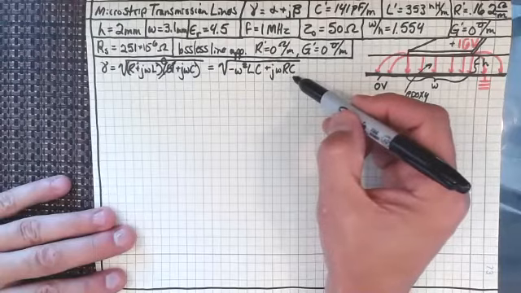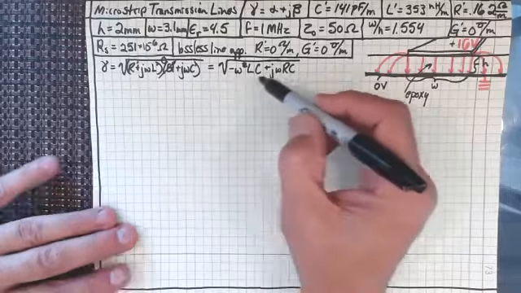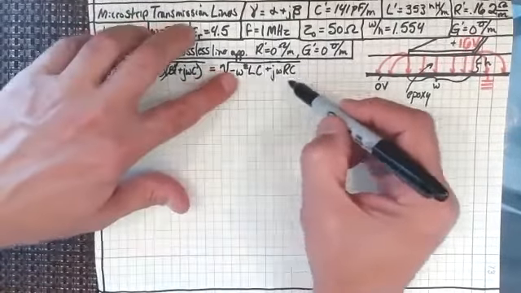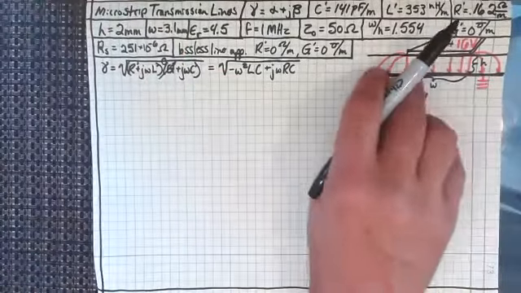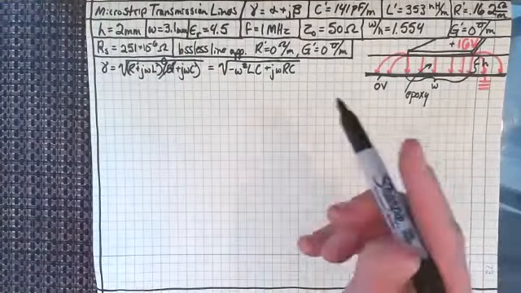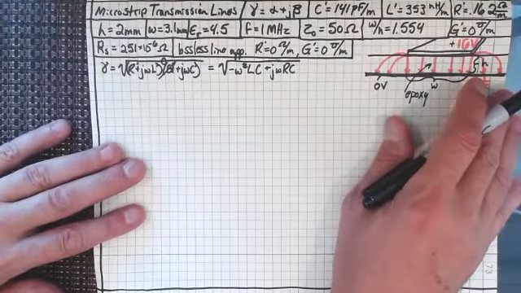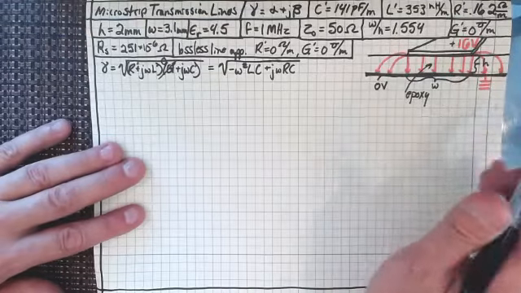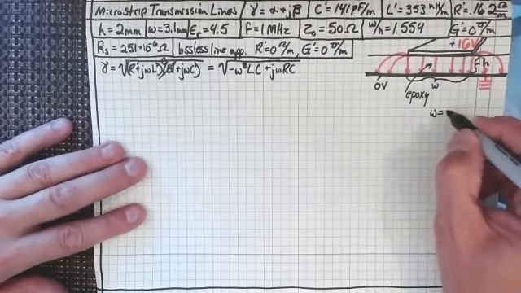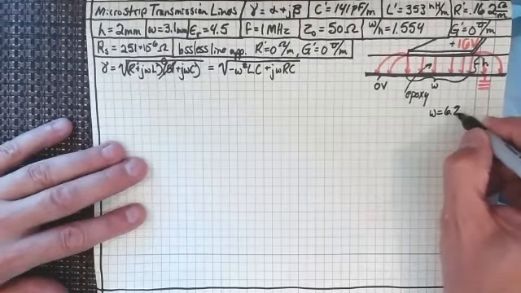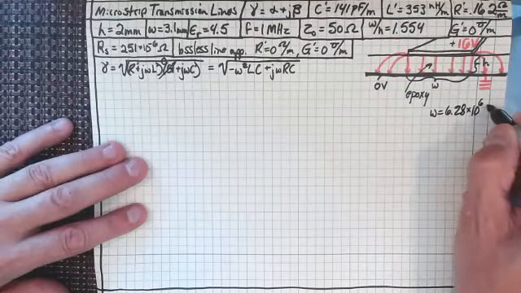For the imaginary part, it's omega times RC. And of course, we've got to take it to the square root. So these are going to be reversed in many ways, aren't they? But anyway, let's just figure out what the thing is first. We know what omega is. Omega is just 2 pi times the frequency. So I'll write that down here. Omega equals 2 pi, or 6.28 times 10 to the 6